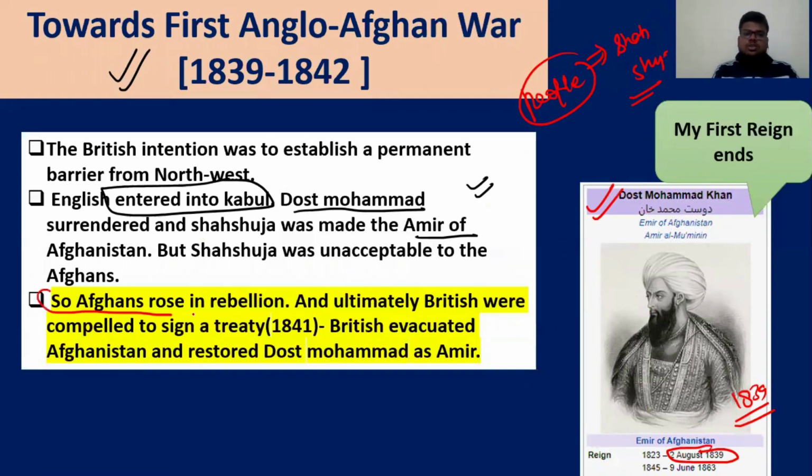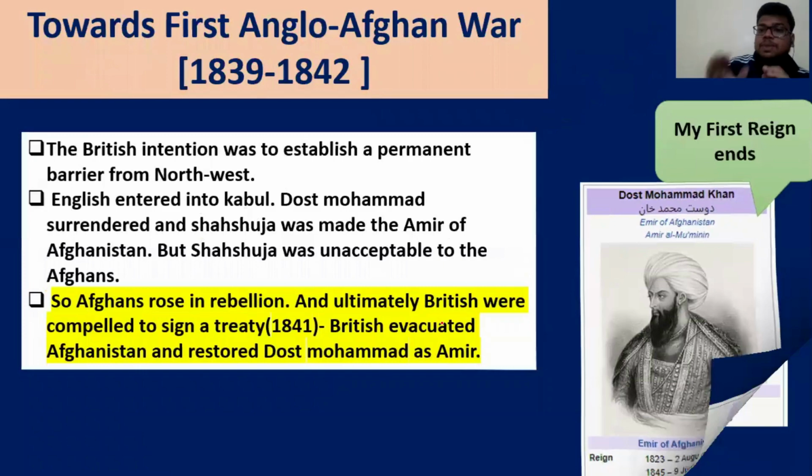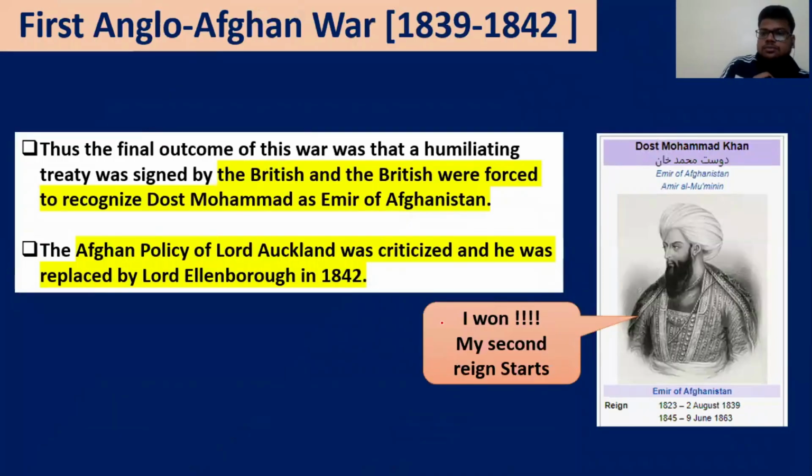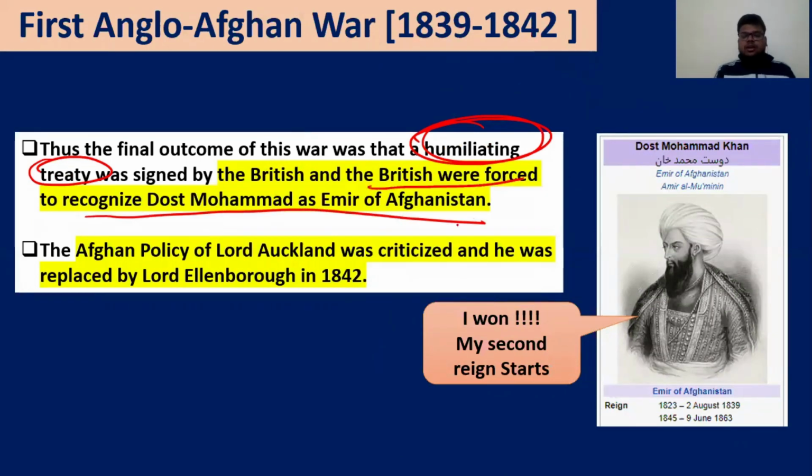So Afghanistan rose up in revolt, rebellion, and ultimately the British were compelled to sign the treaty, and the British evacuated Afghanistan and restored Dost Muhammad as Amir. Understood? So what happened there? The people did not like Shah Shuja. Dost Muhammad said, I won again, and I will start my second reign. So the final outcome was a very humiliating treaty that the British had to sign, because the Afghan people revolted. So the British were forced to recognize Dost Muhammad as the Amir of Afghanistan, and